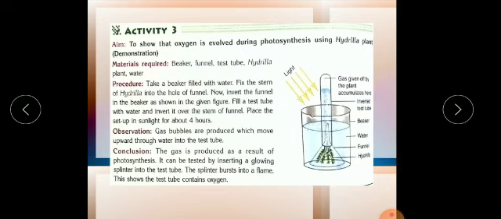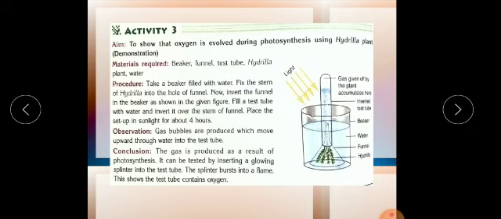So we will take the beaker, and the funnel, you can see, we use for pouring kerosene oil and all, this funnel, and this is a test tube. Okay, so 3 apparatus, and we need a hydrilla plant. Hydrilla is a submerged aquatic plant. Okay, so what will happen, it will release oxygen gas. When it respires, the whole body will release a high amount of oxygen gas. So underwater we can easily find the bubbles of oxygen gas. So that's why we are taking this hydrilla plant for this experiment.